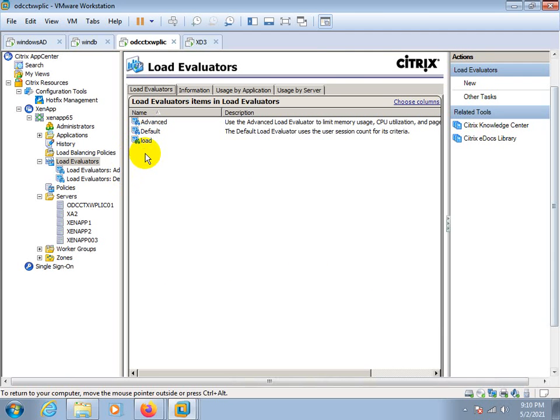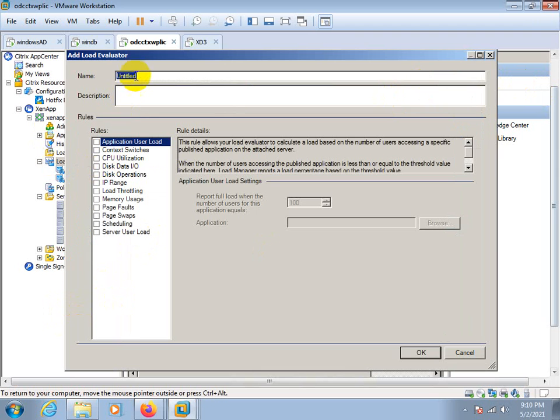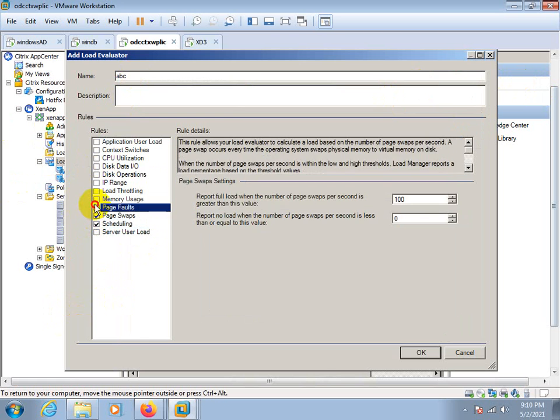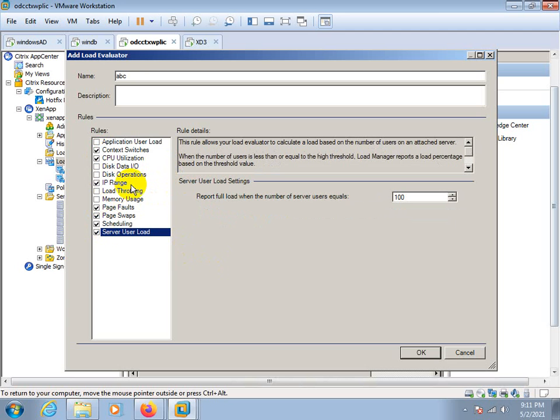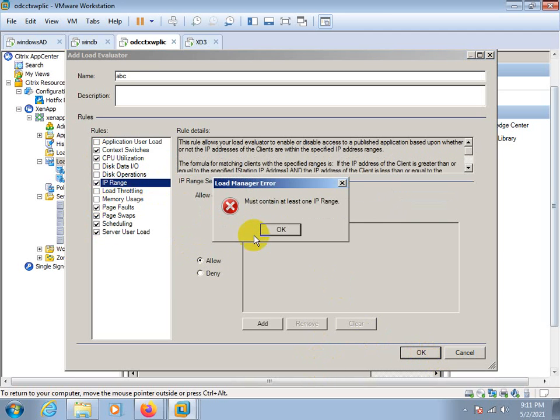On the basis of that, you can create rules. Just go to the new or right click here. Whatever rules you want to select, I'm just randomly selecting rules.